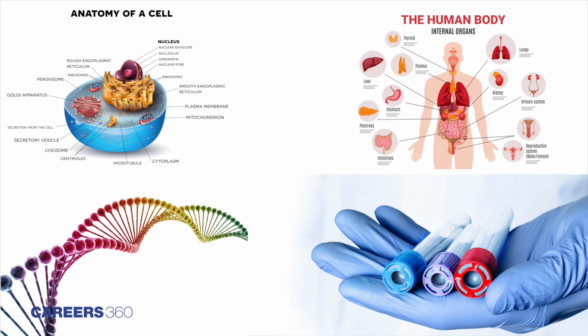For biology, all chapters in NCERT for class 11 and 12 must be read thoroughly to get maximum number of marks. In class 11, you can focus more on chapters from units like human physiology, diversity of living organisms and cell, structure and function. In class 12, units like genetics and evolution, reproduction, biology and human welfare relatively carry more